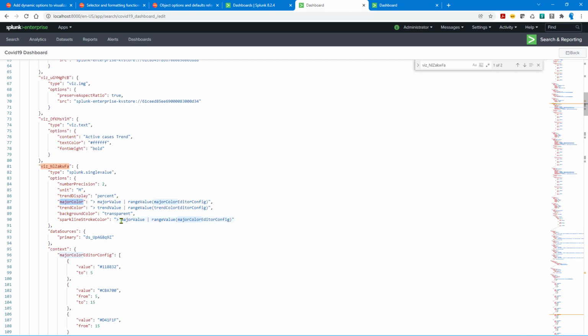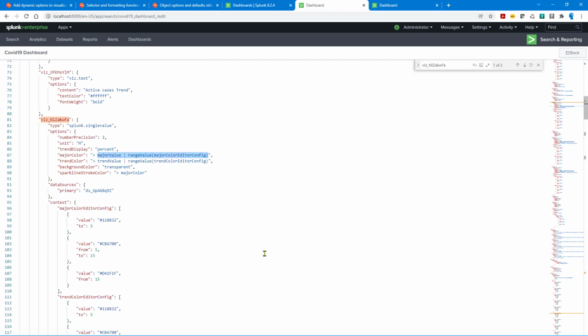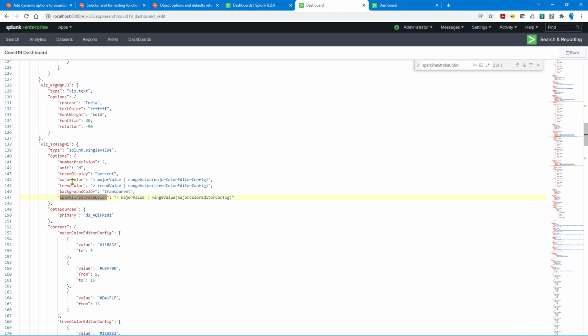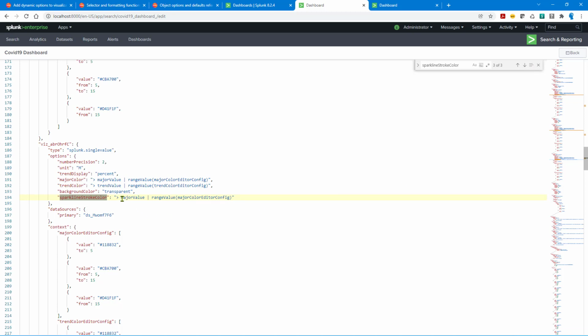Now instead of this whole stuff, I can use this one, major color, right? It should work ideally, because this should be replaced by these guys over here, and so on. So let us see that one. Probably I will do it for the second and third one as well. Major color, major color, and here as well, major color. So if I just go back now,